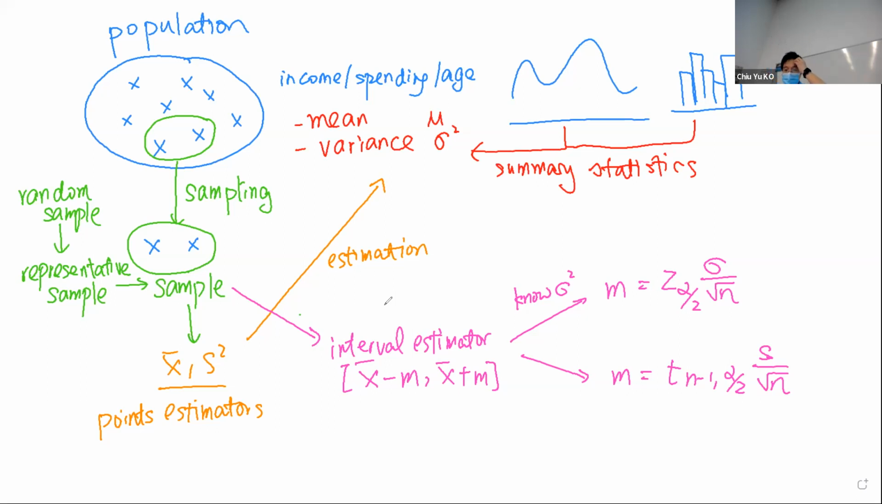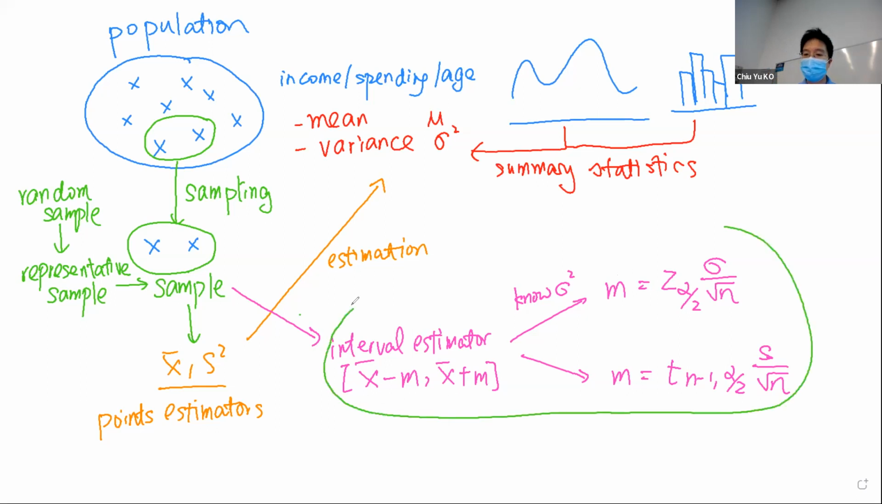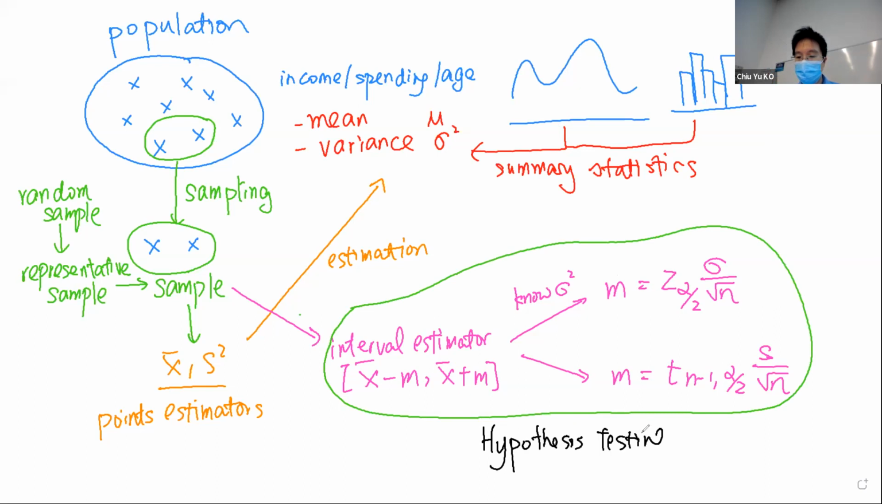And what we do today, as I said at the very end of the last class, is this. We can also use this to answer the question which we talk about today, called hypothesis testing. The main idea is that if we know mu and sigma, it implies